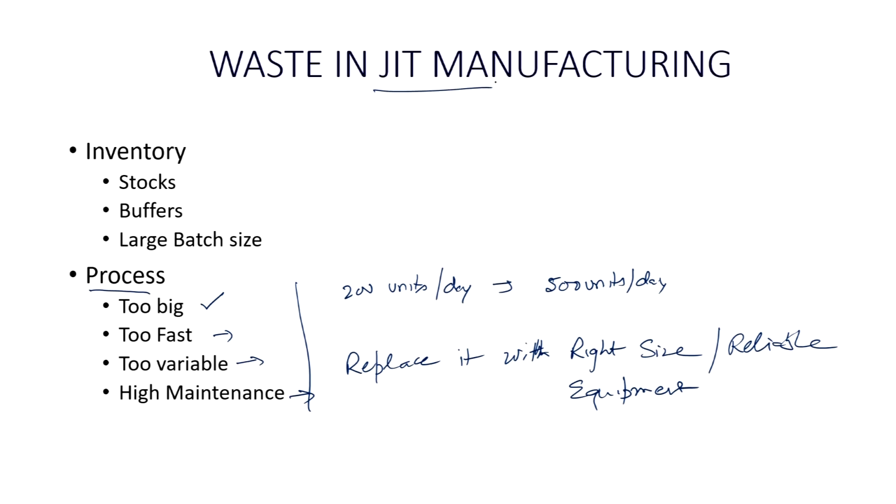Now, we will see how to eliminate this waste. Along with defining the waste, I have given you the idea of what is being done in the organization to get rid of this waste or to reduce the size of these wastes. It is not possible to eliminate it completely. Our tendency should be to continuously keep on reducing it. We will continue on this in our next session on JIT manufacturing, where we will talk about the Kanban system and value stream mapping also, very important tools in JIT manufacturing.